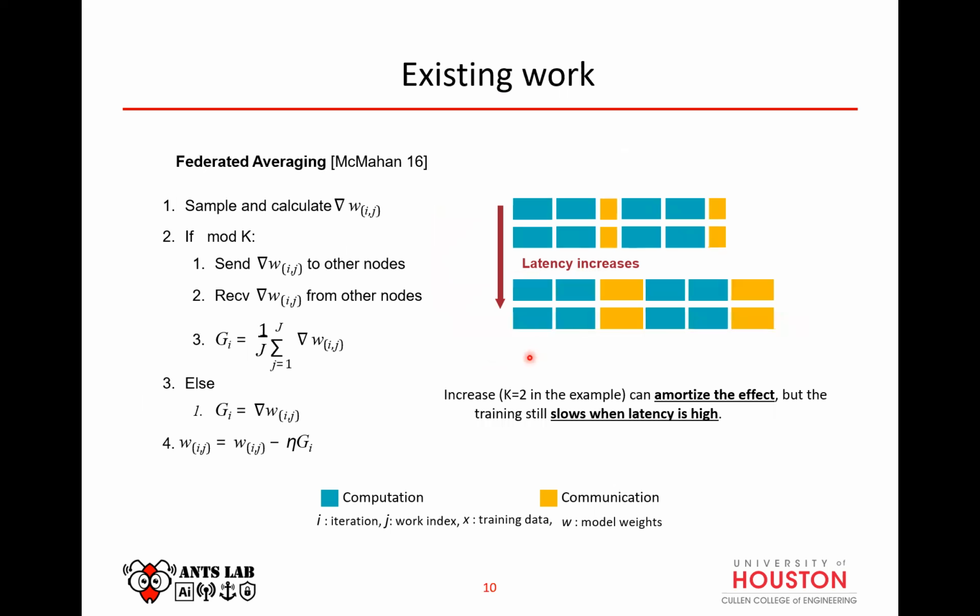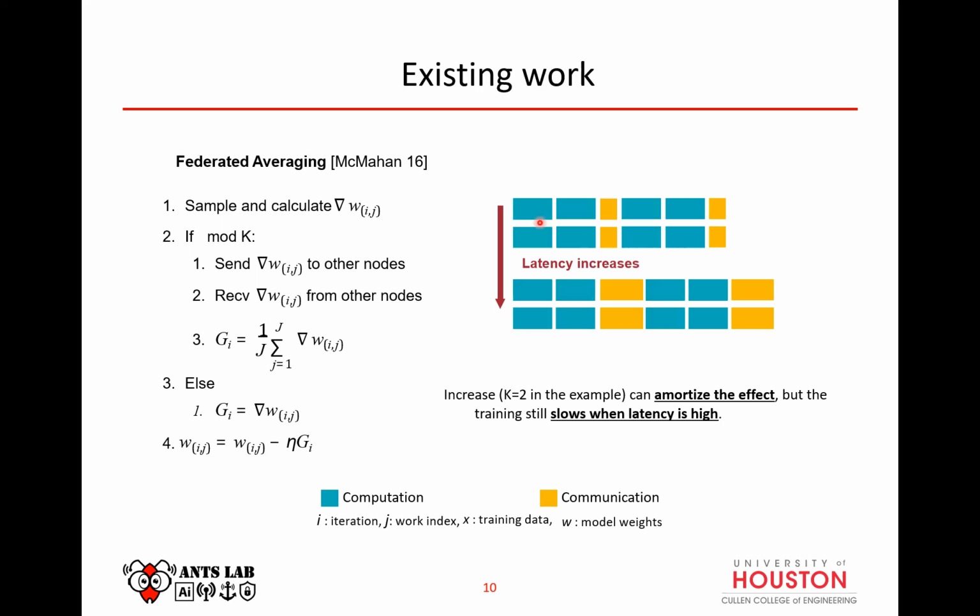The other more important algorithm in federated learning is federated averaging, where, in a similar fashion, the gradients are computed, shared and then aggregated. We usually have a K value, which is the number of local rounds performed by the devices before the model update is sent out. Here we can increase the local computation, which most of the papers claim is better: instead of doing one step of computation and one step of communication, do more rounds of local computation and then communicate. That way you would not be doing frequent communication and wasting the bandwidth a lot.